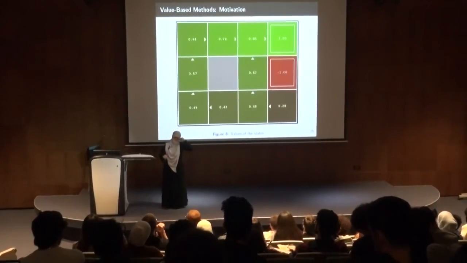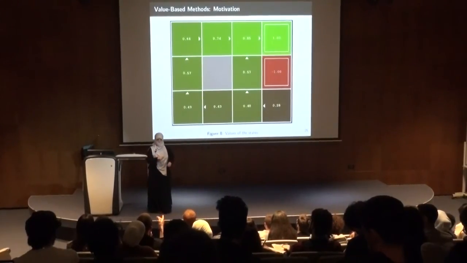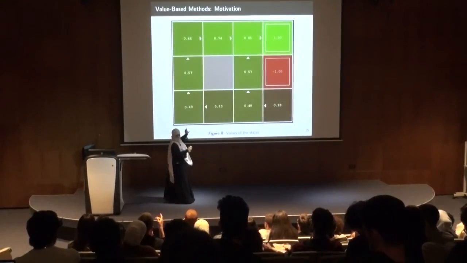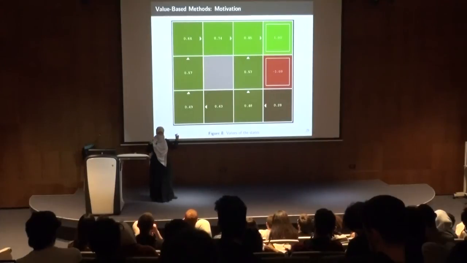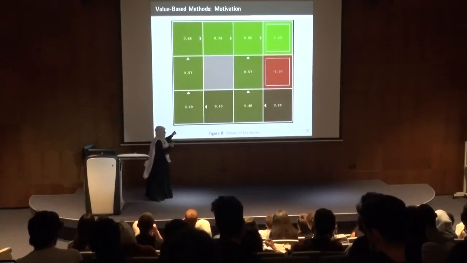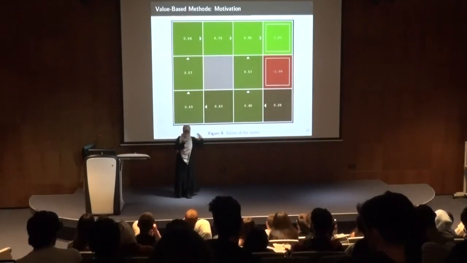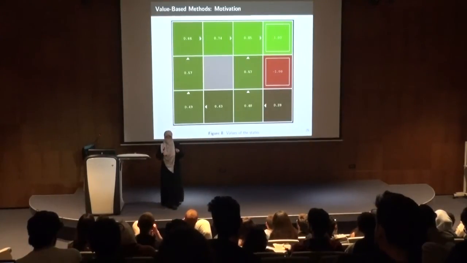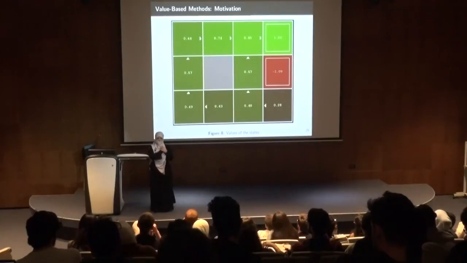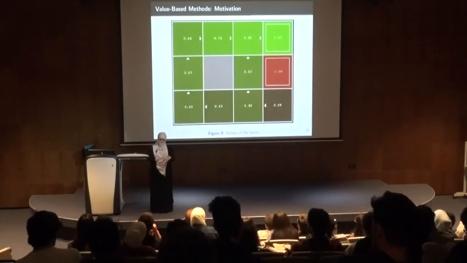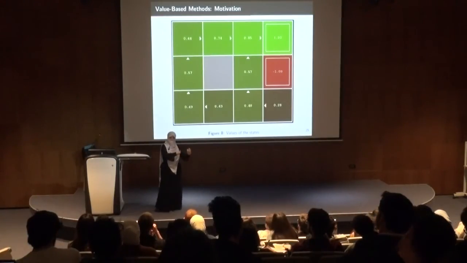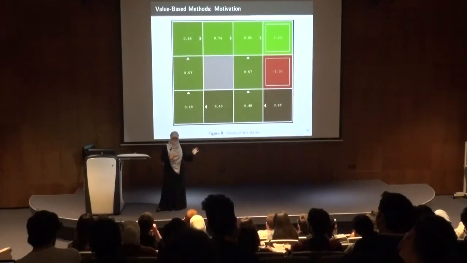Yes? I thought you said that there's no stochasticity. No, I said the policy here seems to be deterministic because at each state I only have one arrow. And it could be stochastic, and we're just showing the arrow that has the highest probability. The environment is stochastic, but the policy could be deterministic.